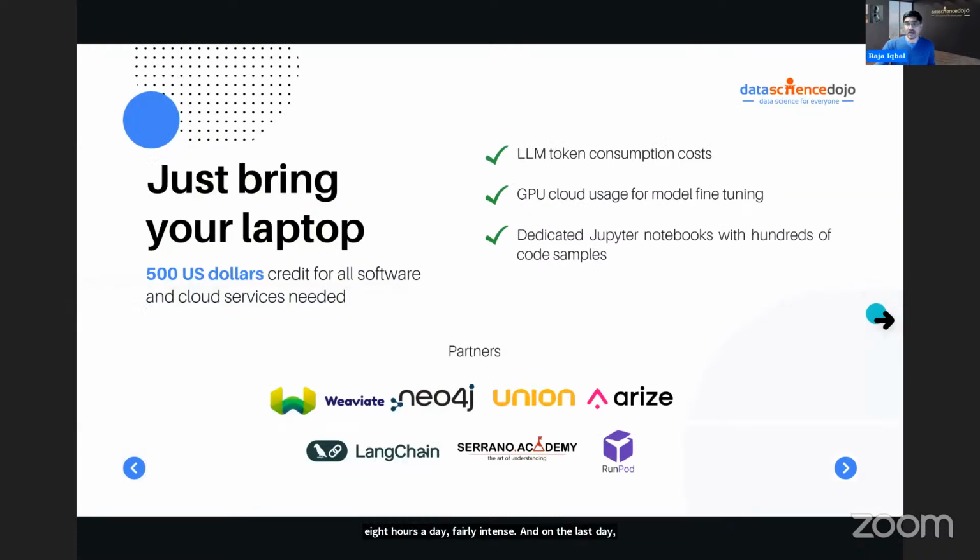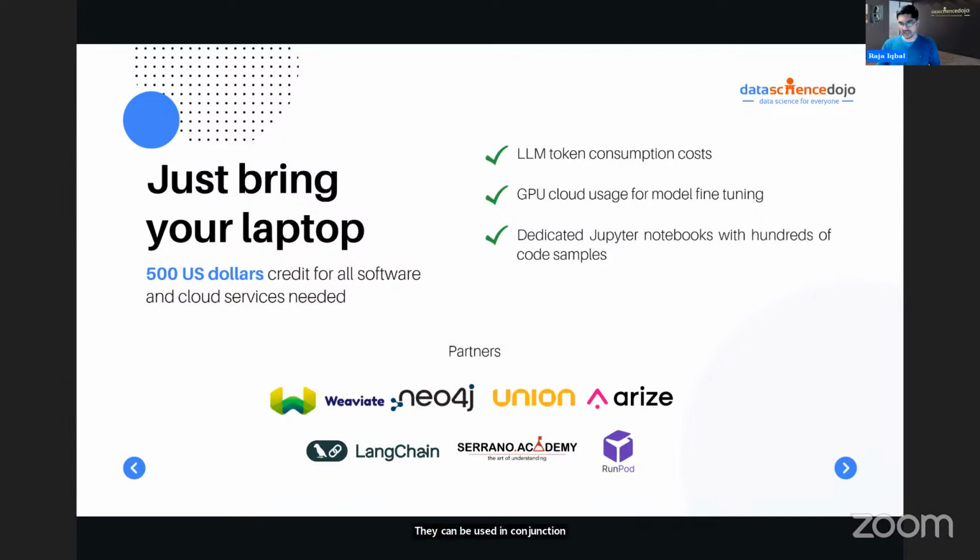The bootcamp actually, we are bringing this bootcamp with leading names in this space. Weaviate is one of the leading vector databases in the market. Neo4j is leading in terms of knowledge graphs, and now knowledge graphs can be used in conjunction with RAG.